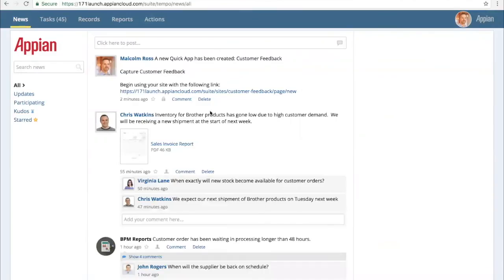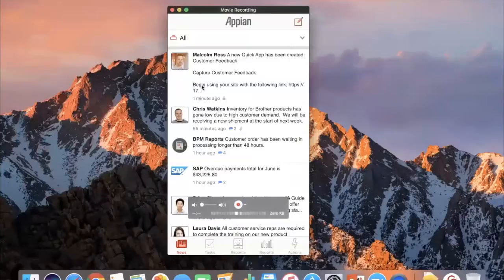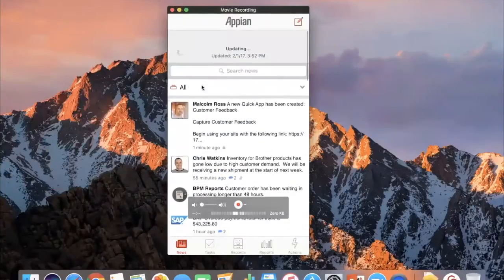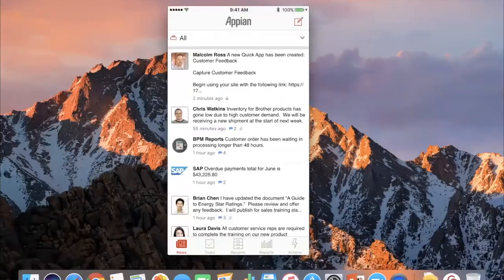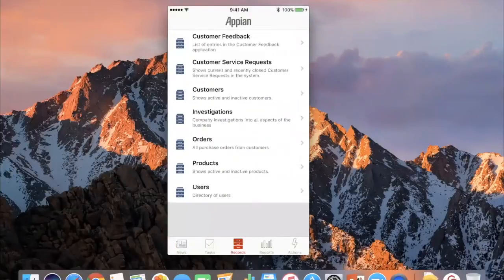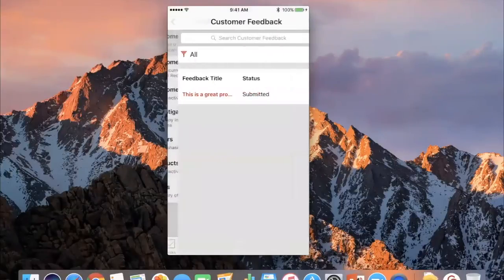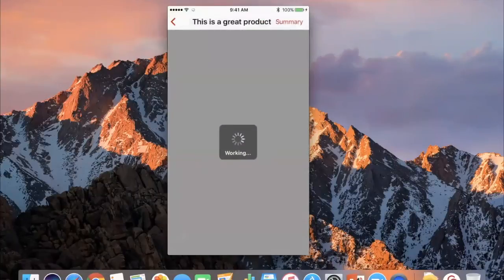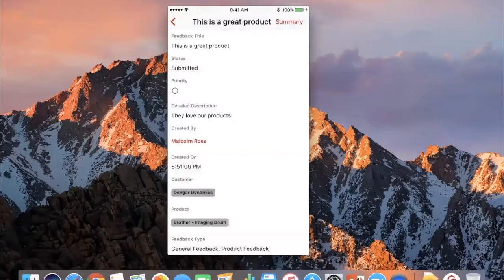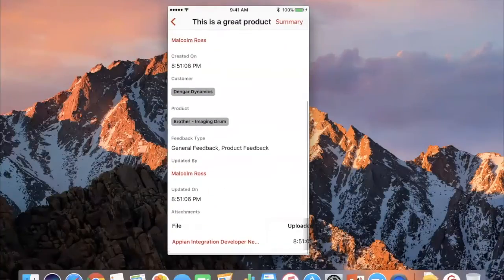Now, before I move on to a further design environment, let's take a look. This is actually also entirely available on mobile devices. Now, this is a native mobile application. I can see that exact same customer feedback application now fully available on my mobile device. It also enables offline capabilities for select forms, and allows me to capture rich media as well.